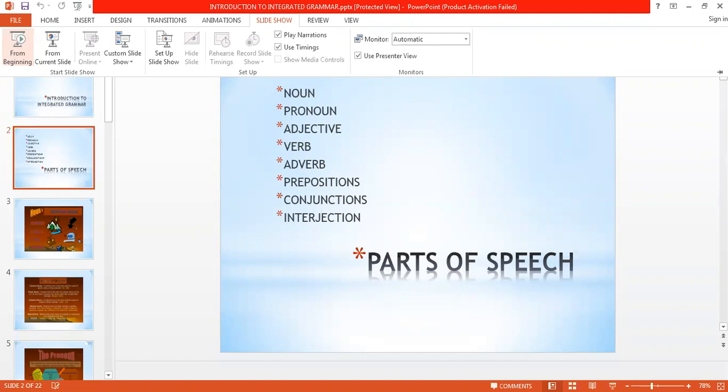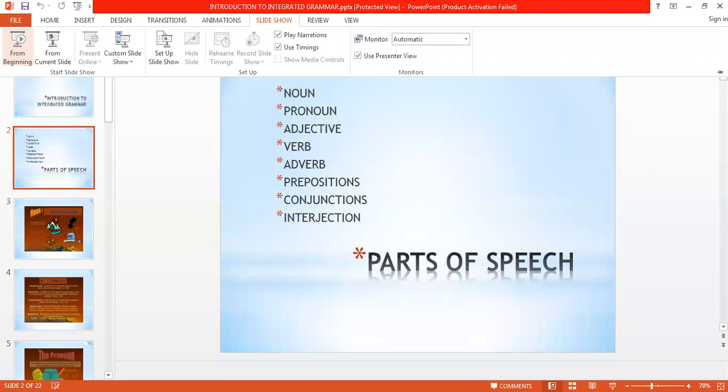It means you will have exercises like editing, omission, error finding, rearranging, fill ups, gap filling, cloze filling, etc. And these exercises will not be based on any particular chapter like noun, pronoun, adjective, conjunction, or interjection, but it will be based on the integrated one. All the chapters will be used in that. You have to find out the things, searching out whichever part of speech it is.